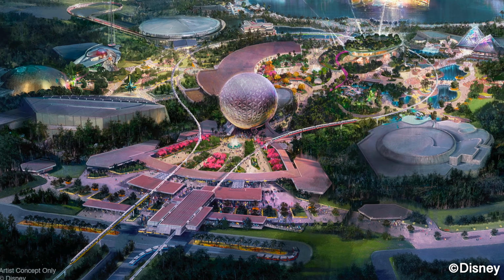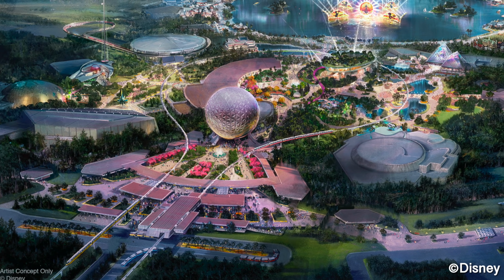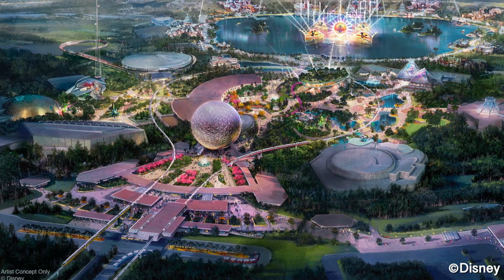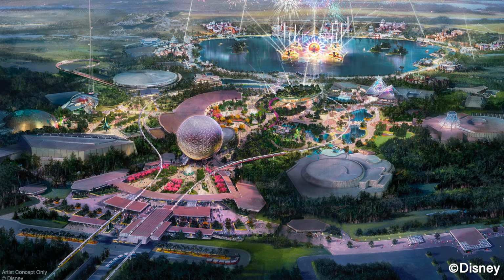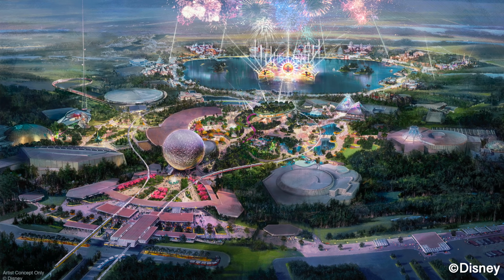First up, it's the 2-year overhaul of Epcot. It's taking place right now. There are construction walls all over the place, and something very interesting that's happening is that Future World is almost unpassable at the moment. You have to kind of go around the outside of Future World rather than walking through that entire area where the Fountain of Nations was, where Fountain View Starbucks was, Mouse Gear, and more are all gone, making way for